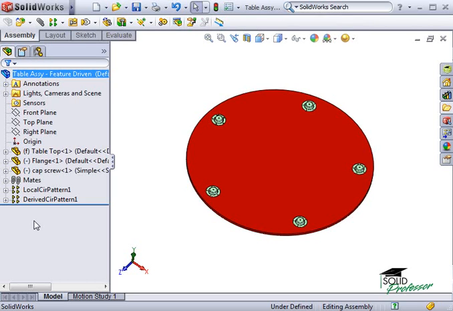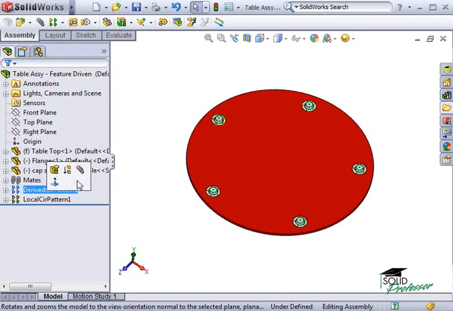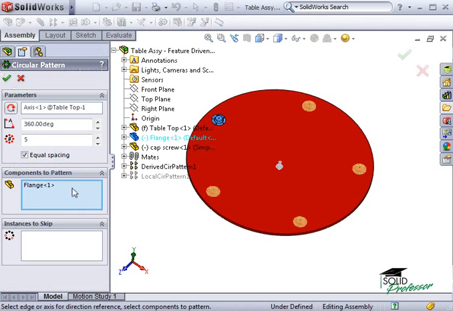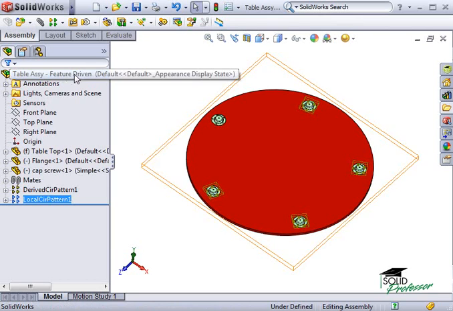All we have to do is rearrange the cap screw pattern so it does exist before the flange pattern. I'll simply drag the driven pattern above the circular pattern. Of course, this by itself doesn't cause the cap screws to be patterned. First, I have to edit the circular pattern. Then add the driven pattern to the components to be patterned field. Now, when I click OK, every hole has a cap screw in it,